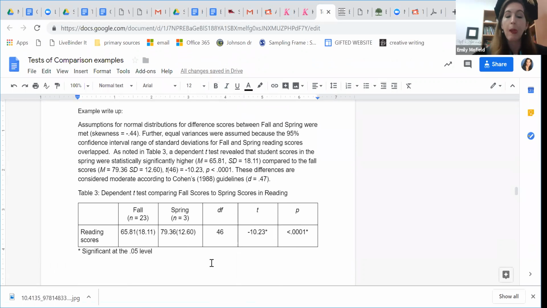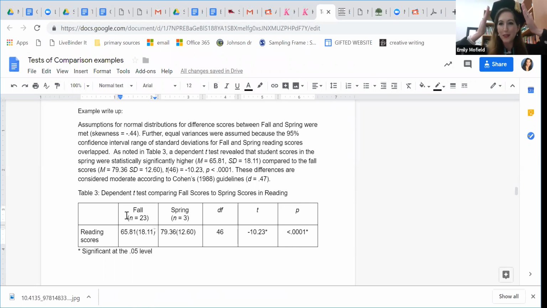Now, if you were only looking at one level of scores, I wouldn't make a table necessarily, but if you did make a table because you were looking at not just reading scores, but also another row of math scores and another row of science scores, and you have lots of data, it would be good to create a table. Now remember, these are not necessarily APA because on Google Docs, I'm not sure how to do that, and it's really for you to figure out, but you would never have